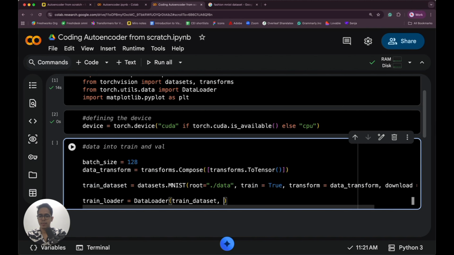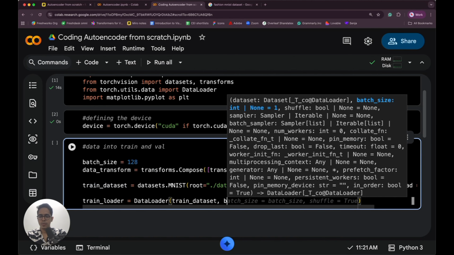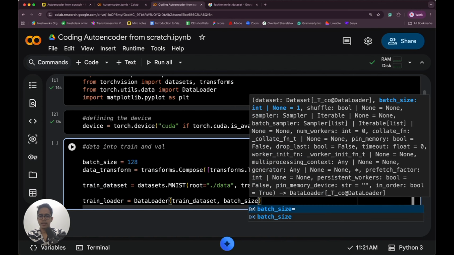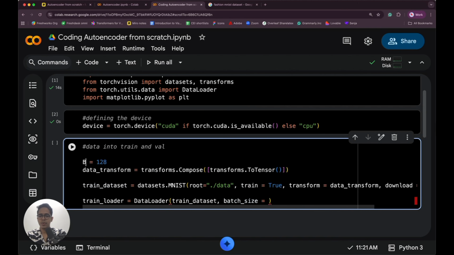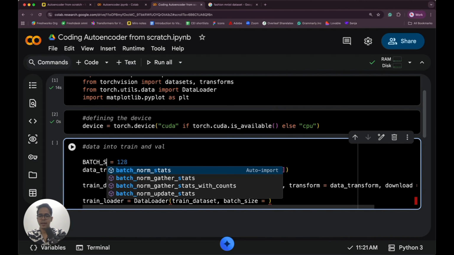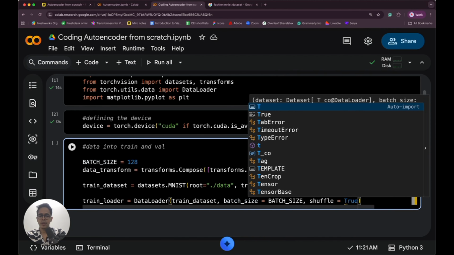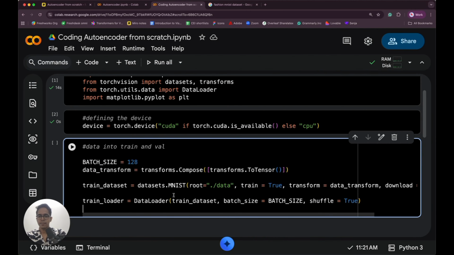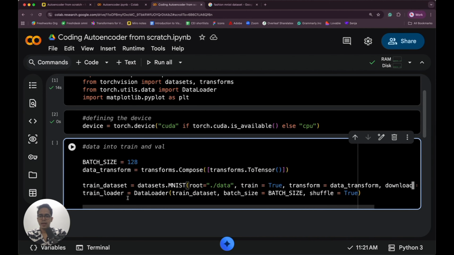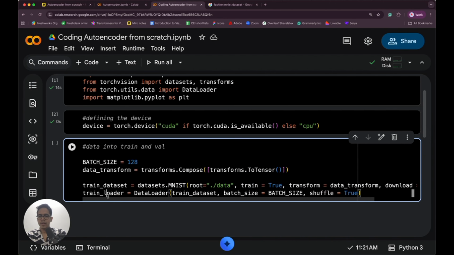This is where the data points are coming from. What should be the batch size? batch_size is equal to, so here again, to remove confusion, I'll put this in capital letters, BATCH_SIZE. So we are passing that variable here, and shuffle equal to True. We can just shuffle the batch data, and that's it. So we now have the dataset in batches of size 128, and each individual data point